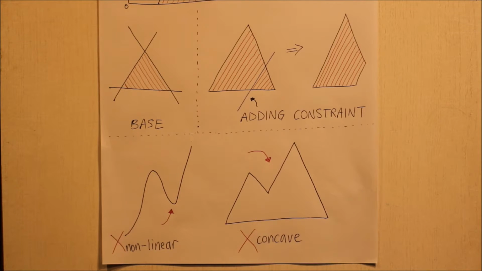The base case is a triangle, which is the only polygon with three sides that we can form, and it is convex. However we draw a line that intersects it, which corresponds to adding a new constraint, the new polygon will still be convex. Since the space of feasible solutions is convex, and because all the inequalities are linear, such cases cannot exist. Thus,